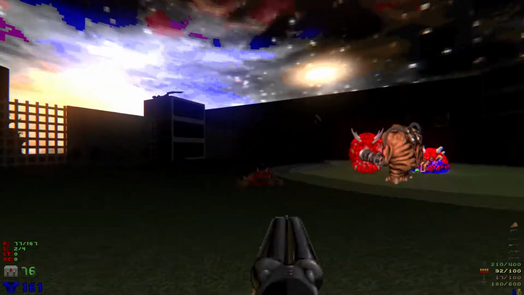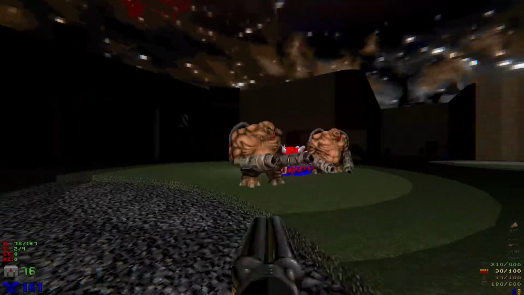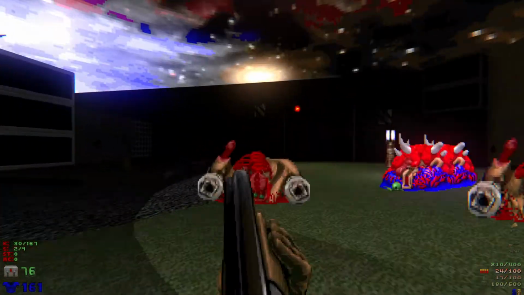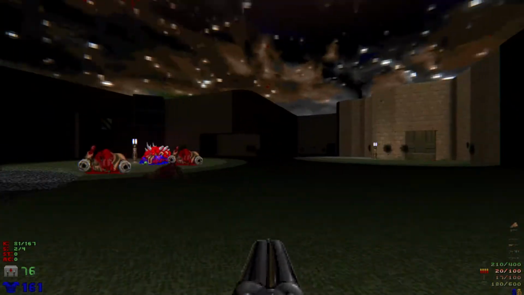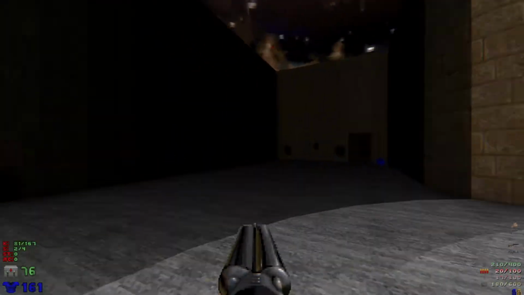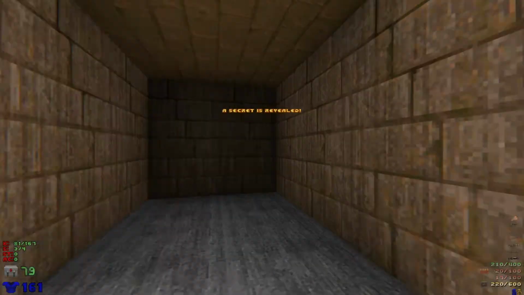I do always appreciate encounters that allow you to actually take advantage of monster infighting. I think the first couple of maps that I made, which is the only two that I've published, not the only two that I've worked on, but I, for some reason, had this aversion to infighting, and I think I tried to design the encounters so that it was not easy to take advantage of it. And I think this is now...